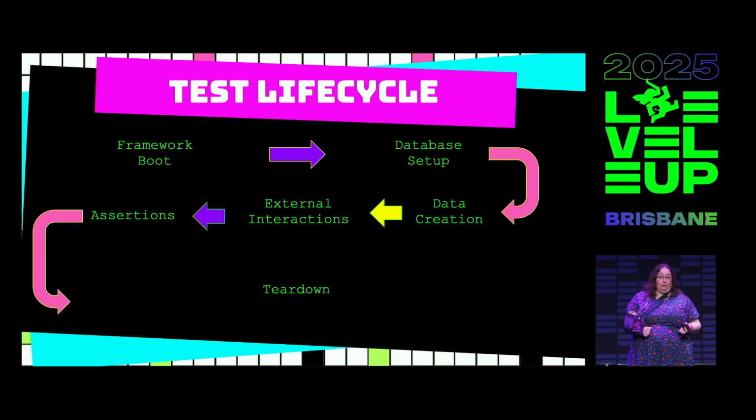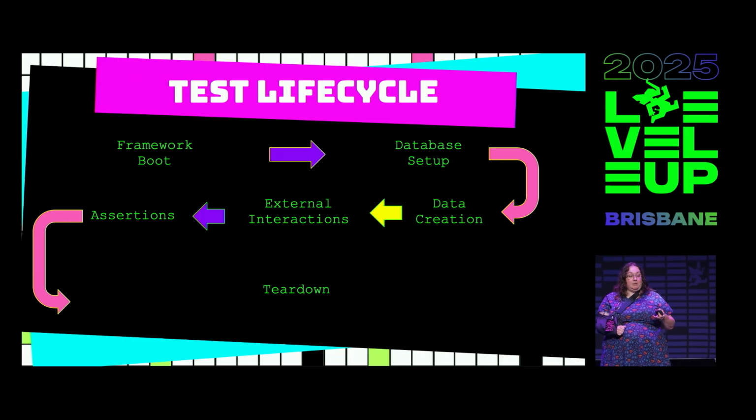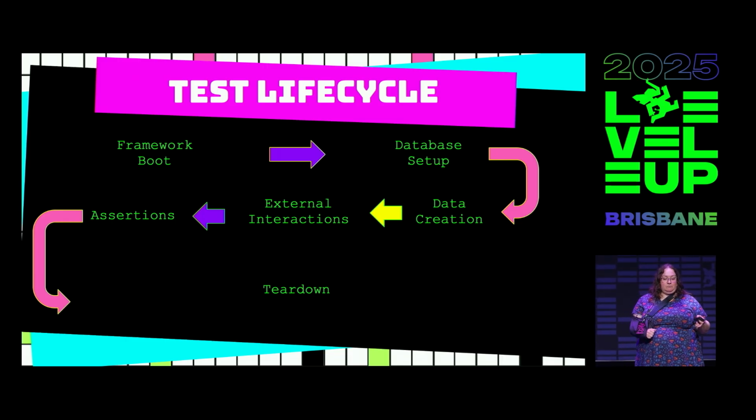We begin with a framework boot. We've got to hoist your entire Laravel application. That will, by necessity, generally include some database setup. I'm talking both the creation of the database schema itself, then any data creation that happens as part of your setup lifecycle. Then into your tests, they're probably going to call some of your code. There may be some external interactions where you're doing something that calls an API or a mail service. Then finally, you'll be onto your assertions. Did the thing that I expected to happen when and how I expected it to happen? And then we have to tear down all of that scaffold, rinse and repeat.